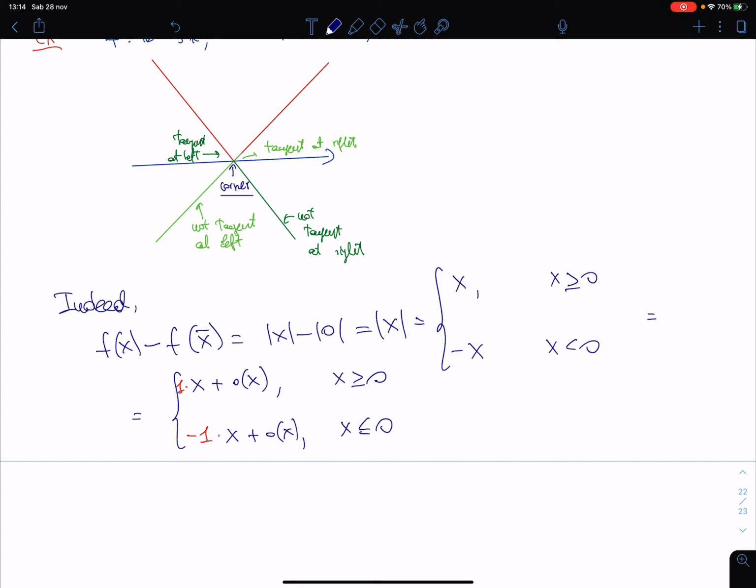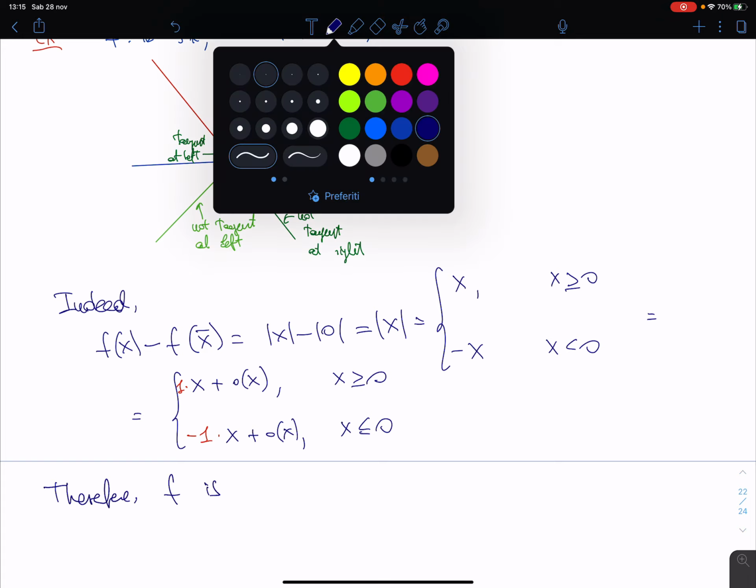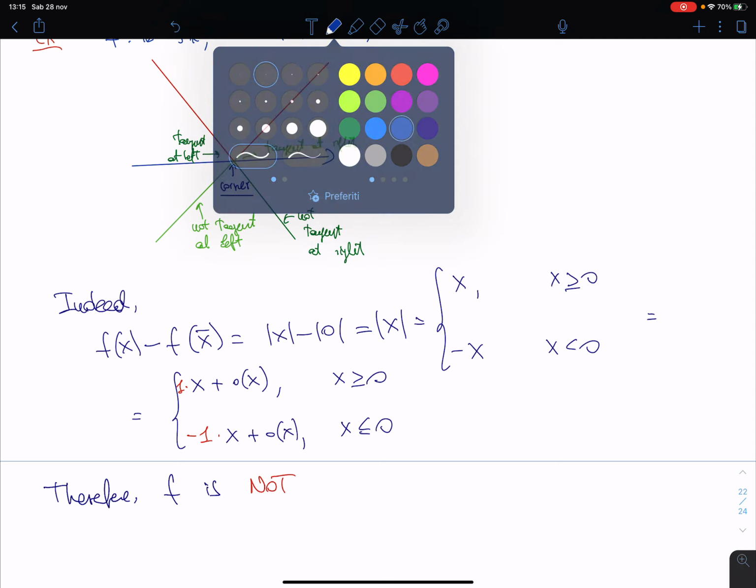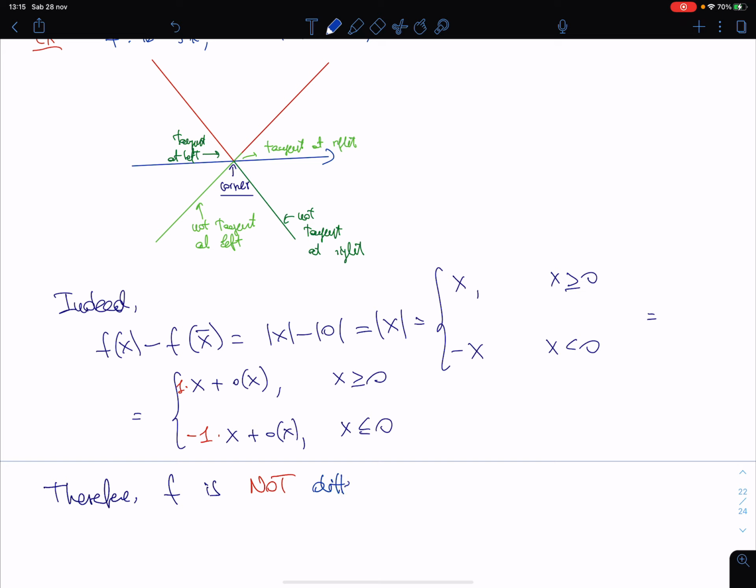less or equal to 0. So, therefore, f is not differentiable at 0, since there is no, it is not necessary to tell this, but I want to stress it, there is no unique